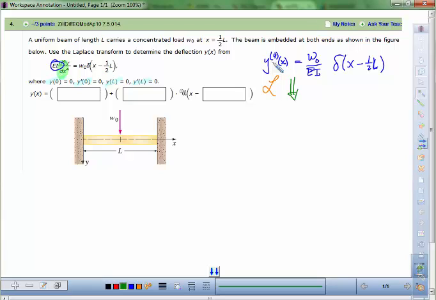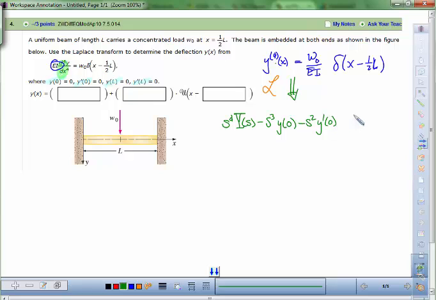I think it's s to the fourth, Y of s, and then a bunch of minus terms: minus s cubed times y evaluated at 0, then minus s squared, y prime evaluated at 0,